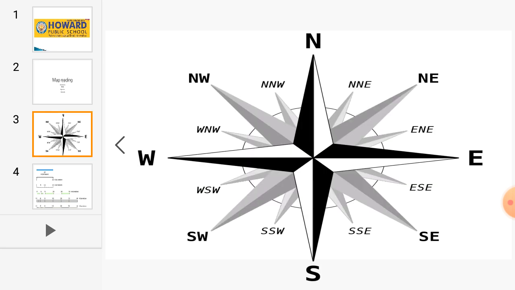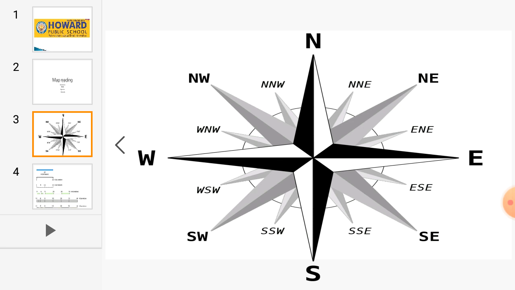So first of all, let us discuss the directions. The first thing you should understand when we look at a map is the directions. Children, you know the main directions, right? The north, the south, the east and the west. But it is really easy. In every map, the north direction will be shown with the help of an arrow pointing upwards, right children? So when you place a map on a table, what happens? The top of the map is the north direction, the bottom of the map is the south.